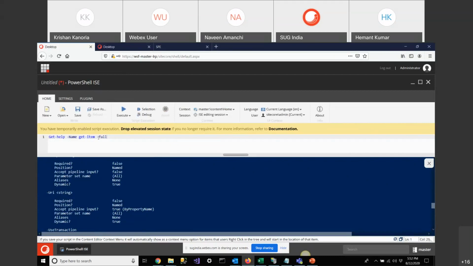And next is get command. And one more thing, this is case insensitive. You can write like this, get command, or you can write in uppercase. There is no issue. Suppose I run this command and Control plus E.